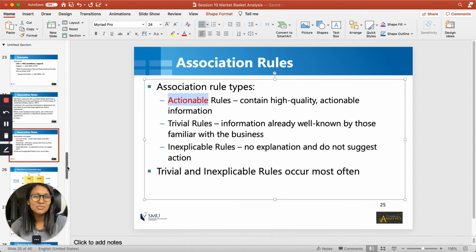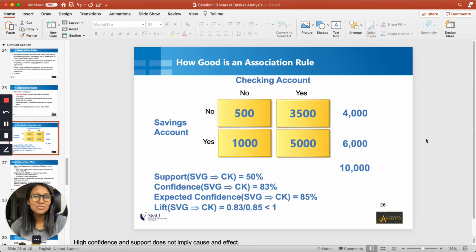Okay. Now there is another example that I want you to try your hands at. Let me explain what's given in this data. You have savings accounts and checking accounts. It's kind of like a Venn diagram. You can see the number of people who have savings and checking accounts both, where both are yes, and that's 5,000. And then the number of people who don't have either, which is no and no here, is 500. The total number of people in the bank for this example is 10,000.